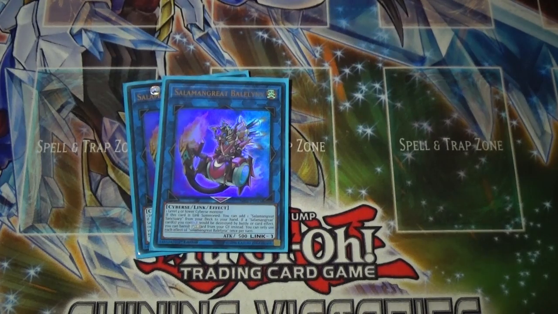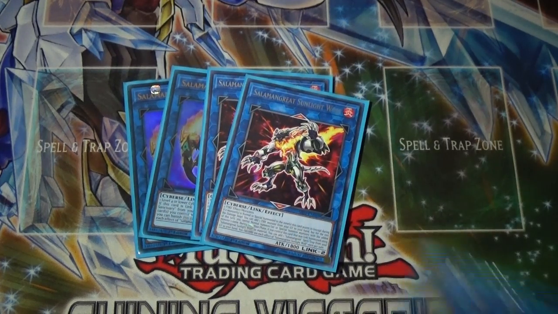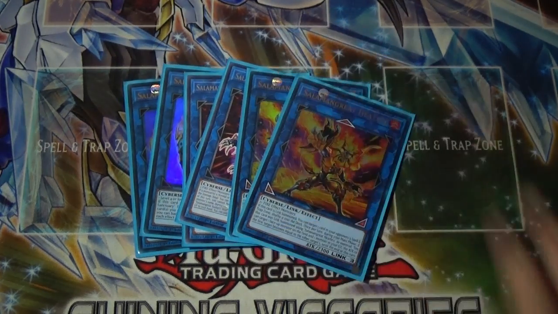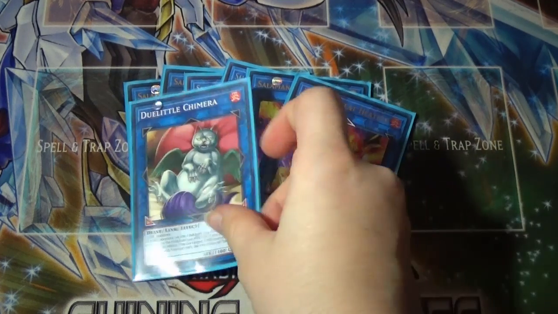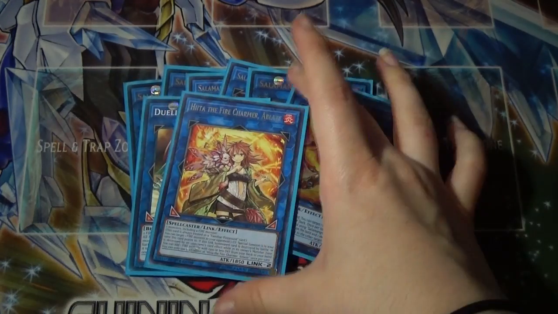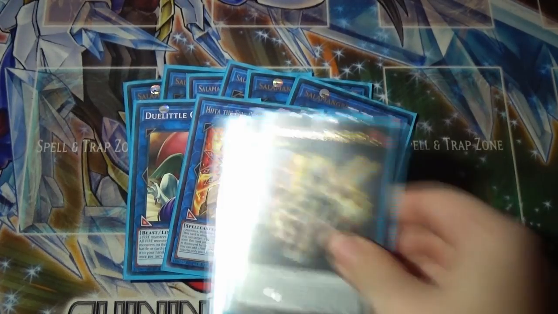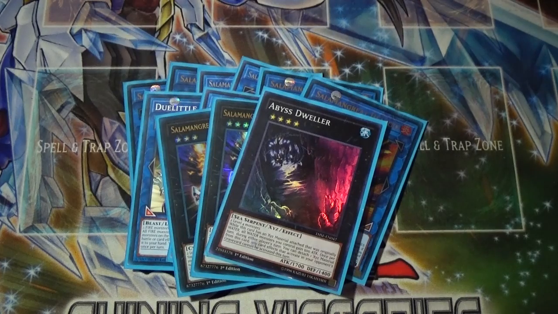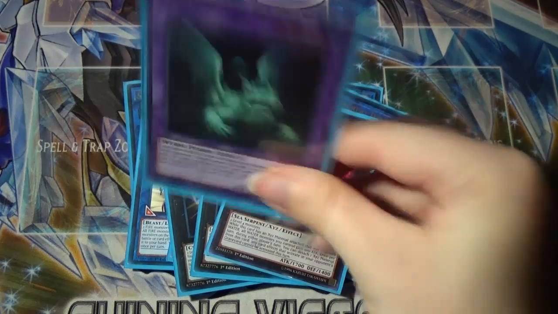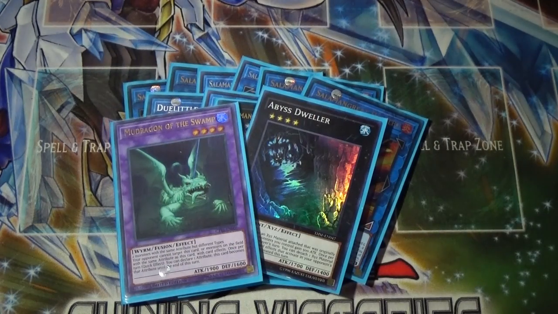2 Balinks, 2 Sunlight Wolf, 2 Heatleo. I know some people run 3 Sunlight Wolf, but to be honest, most of the time I don't end up getting out Sunlight Wolf. I jump from Balinks to Heatleo because, I mean, this deck is not based around having the Link monsters other than using them as material. 1 Doolittle Chimera, 1 Hita, 2 Mirage Stalio, 1 Abyss Dweller, and for fusions we have 1 Mud Dragon of the Swamp,